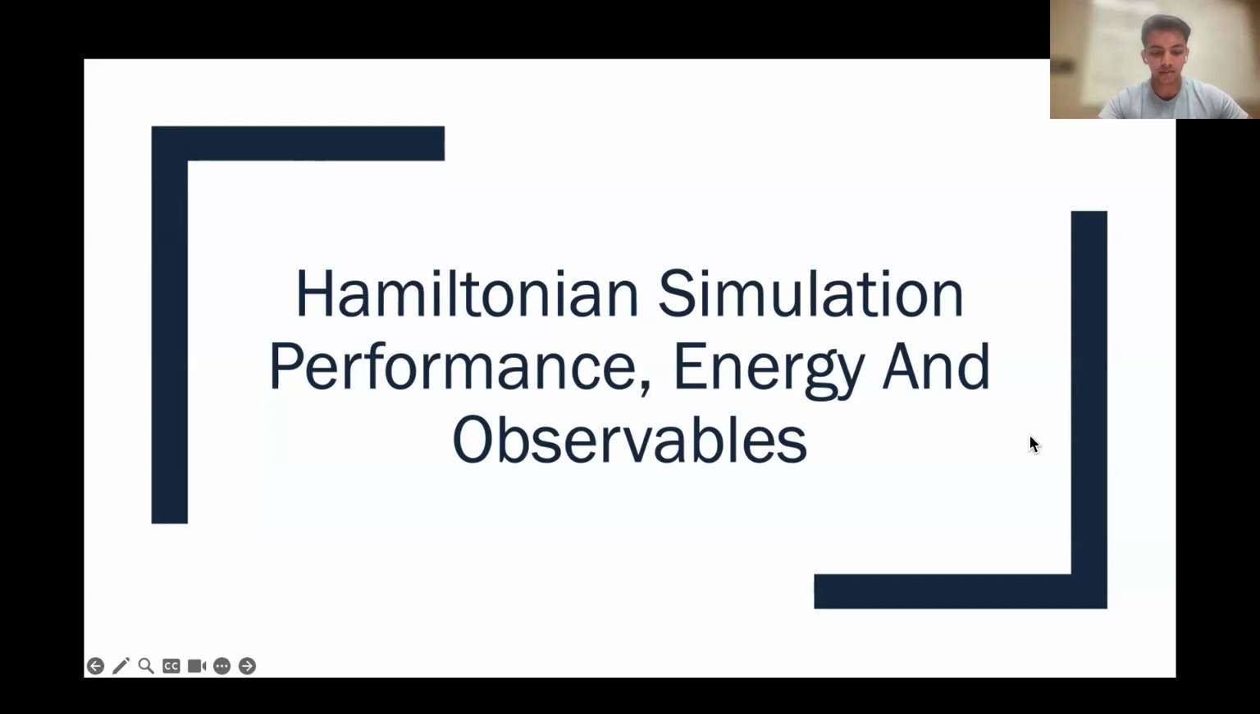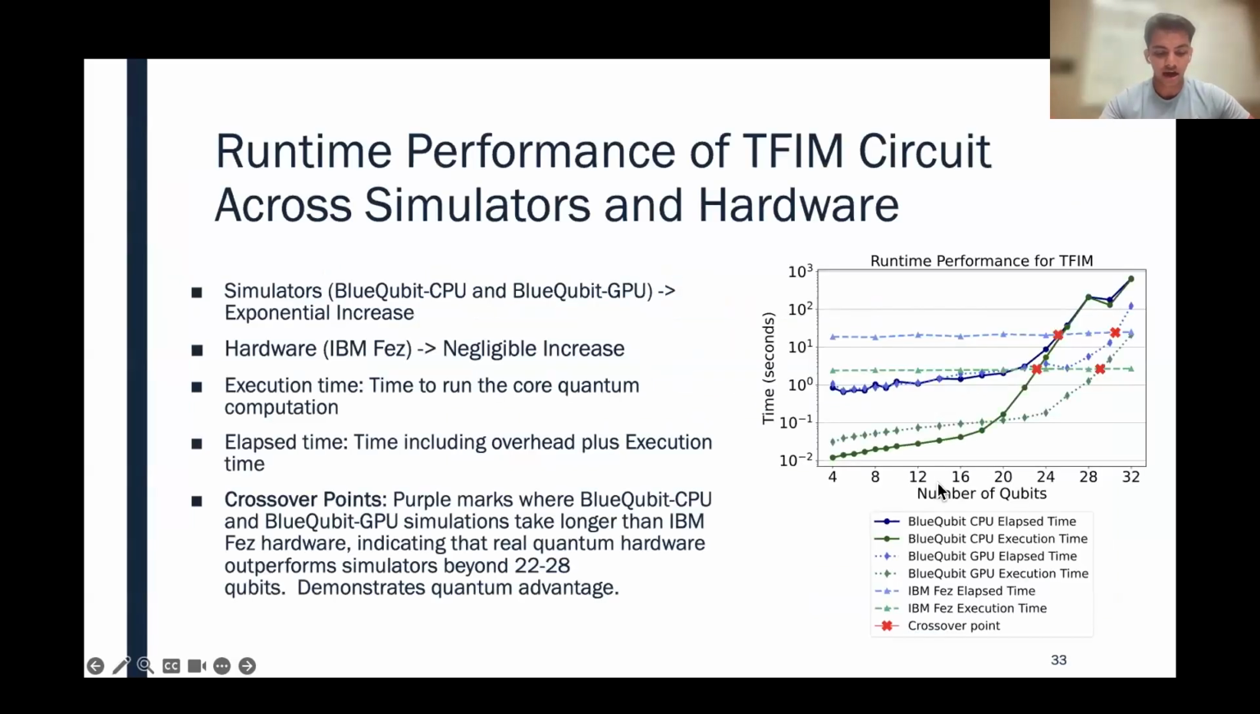So far, we have only talked about the quality of the Hamiltonian and the quality of the performance. But in the next few minutes, I'm going to talk about how these simulations run in terms of execution time and elapsed time. I'm also going to talk about the meaning behind these observables and the future work that we plan to do. So in this slide,